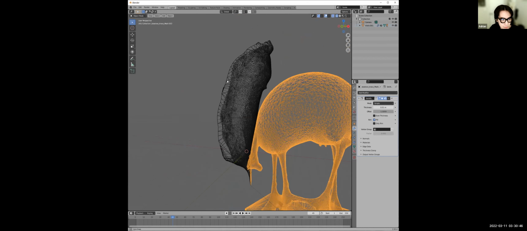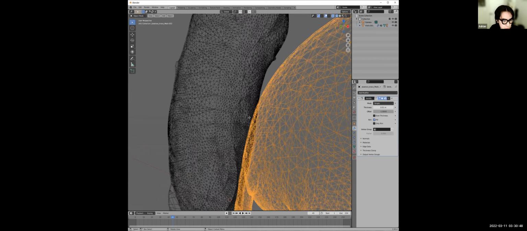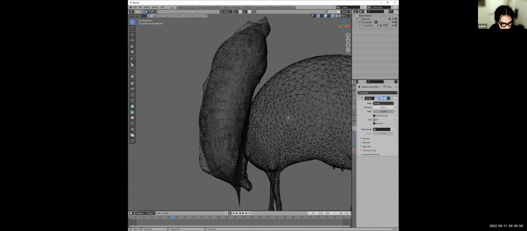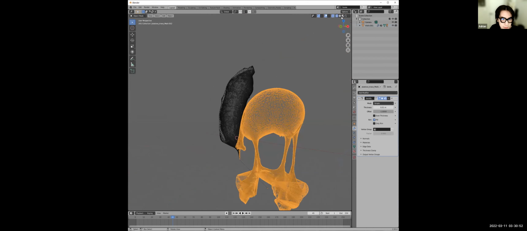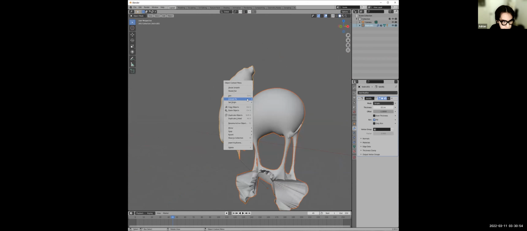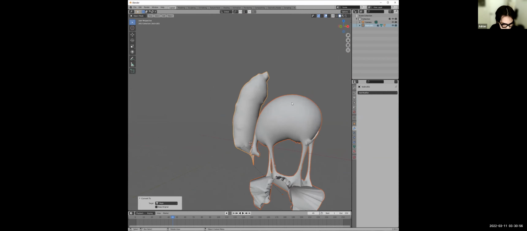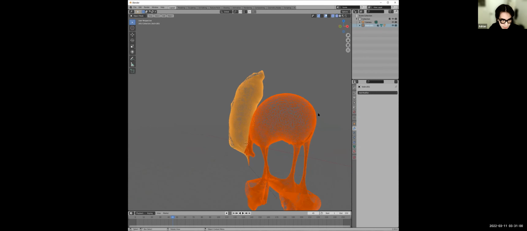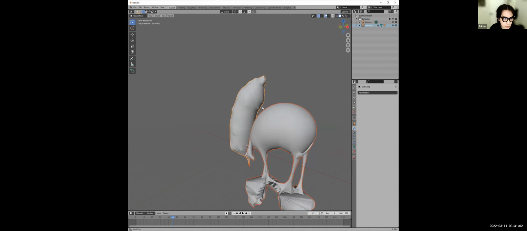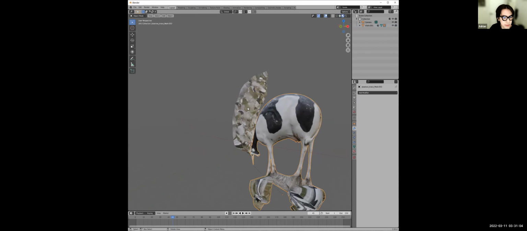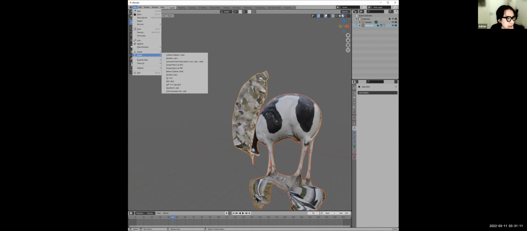Cool. So now we've got thickness to it, and then we will just hit apply on these as well, or we can convert to mesh. Right click, convert to mesh. Great. So now we've got thickness to these two guys, and then we'll export it to Rhino. So select both of these, hit File, Export,